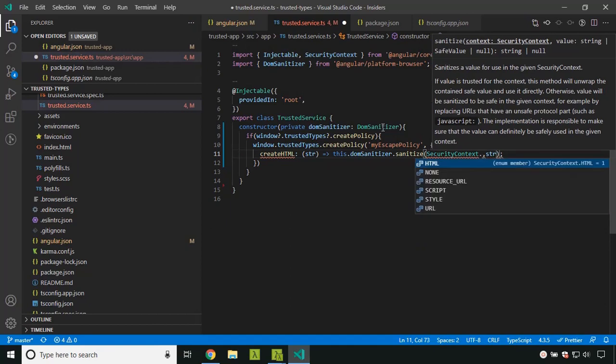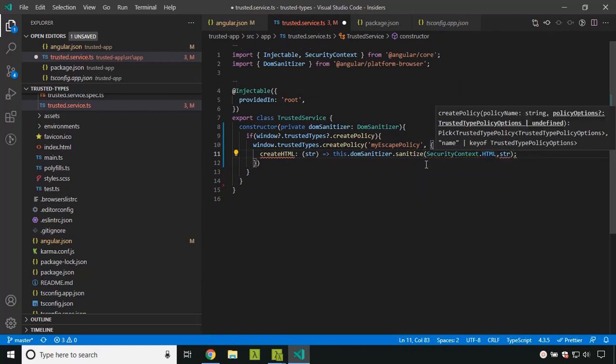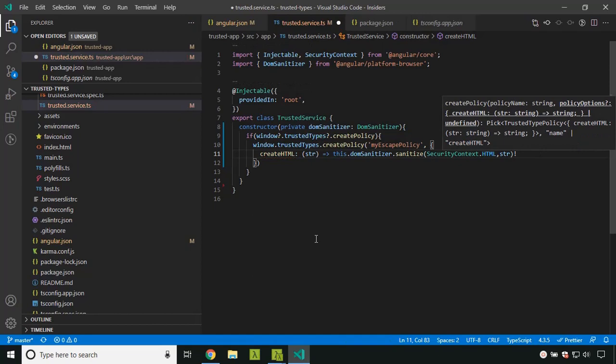Since it is HTML, we need to set that context. Otherwise, if we give none or any other context, it will try to sanitize for the other context, so it will not work. So we need to pass the HTML context itself. Now it's showing that it can be null, so we are asserting it is not null.